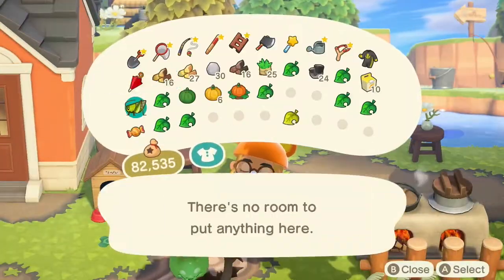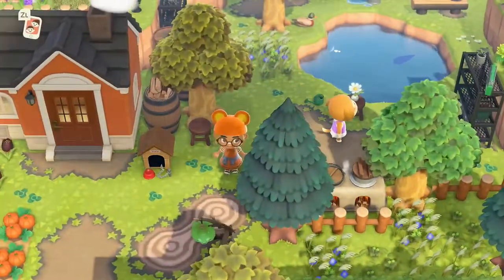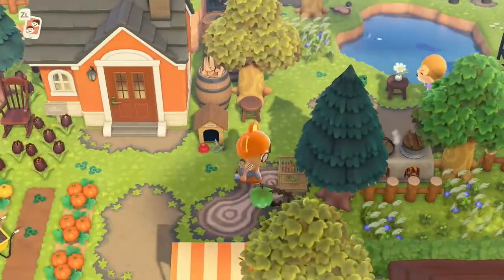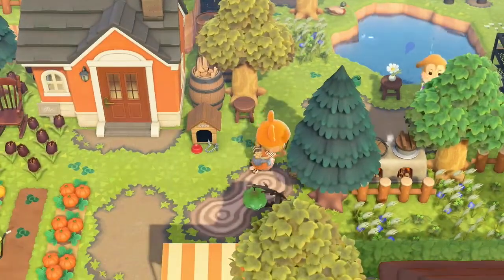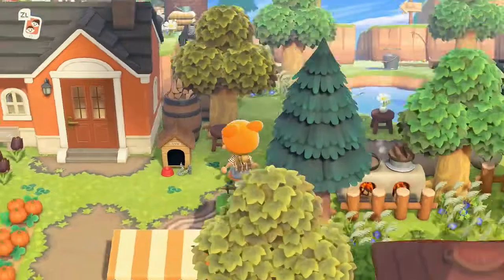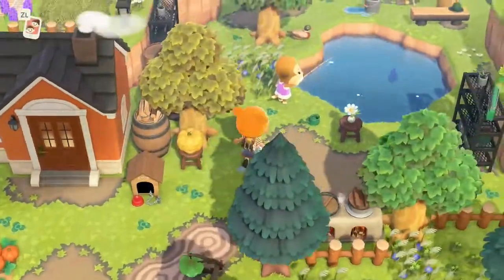I still want the grasshopper sounds, but I wanted the pumpkin up on the stool. And Maddie is over there being very cute, trying to fish. What's she up to? Oh, she's spraying the plant. That's so cute. But yep, there I'm placing the grasshopper back, and now I'm putting the spooky lantern up there